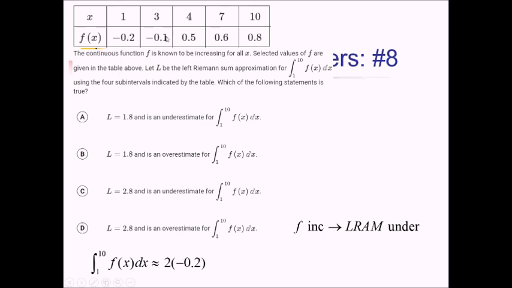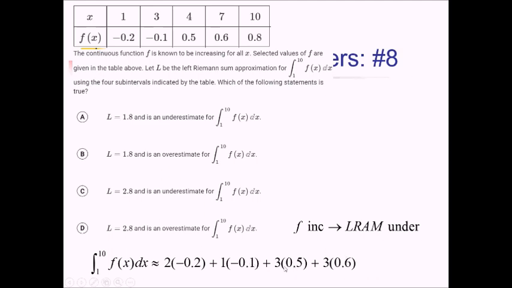And then for the next rectangle, that's going from 3 to 4, so that's a base of 1, times the left height of negative 0.1. And then the next base is 4 times our left height of 0.5. Actually 3, from 4 to 7 is 3. And then our next base is going to be 3 again, from 7 to 10, times our left height of 0.6. And all of these we have to actually add together